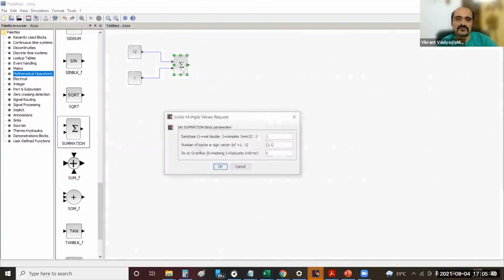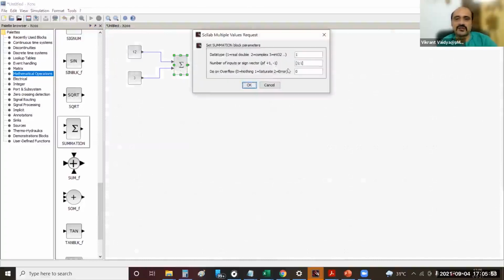Okay. So I have just reopened the summation block. Now in that, you can actually add input ports also. The way to do that is put another semicolon after the last number there, and put 1 or -1.